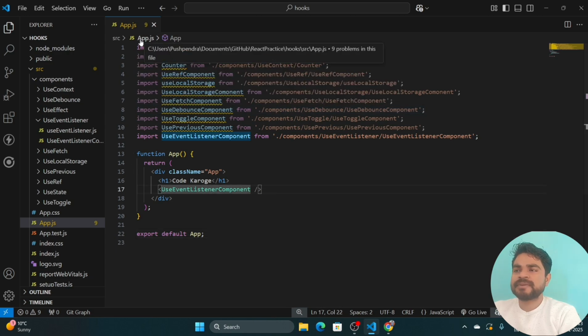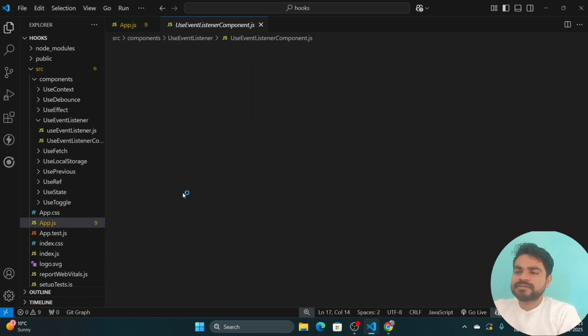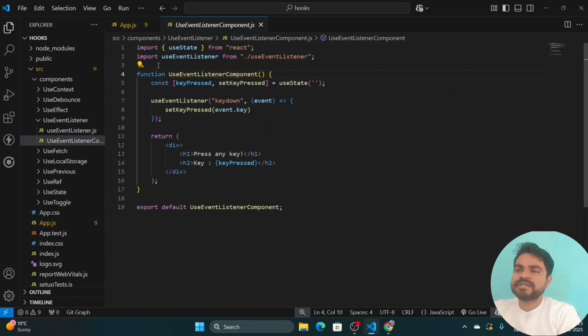From App.js, we call the use event listener component, and here we initially create a state with the name key pressed, and I use it here to display the current key pressed on the keyboard.